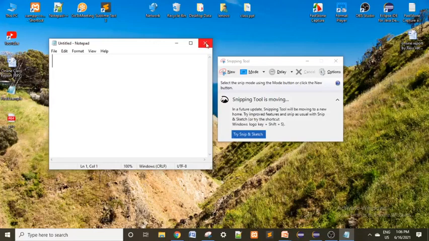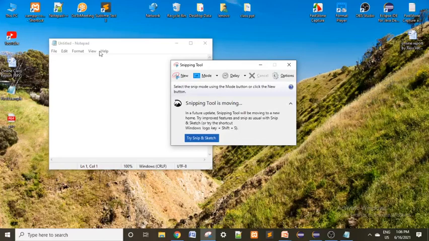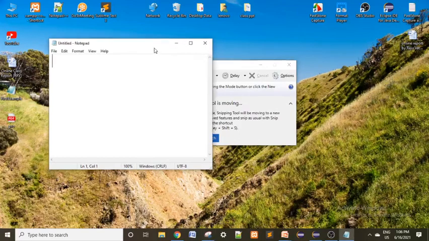After that, you can observe the title, untitled notepad. This is black color. When you click on this one, it moves to light gray. That means when you click this one, the window is activated.